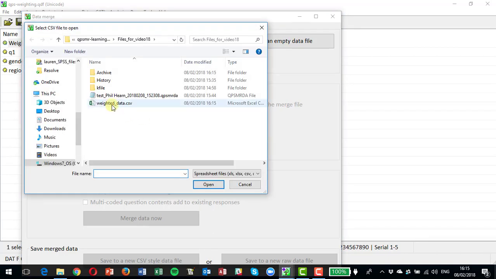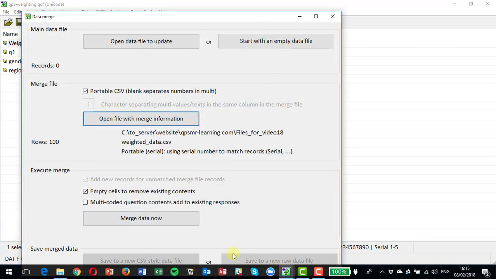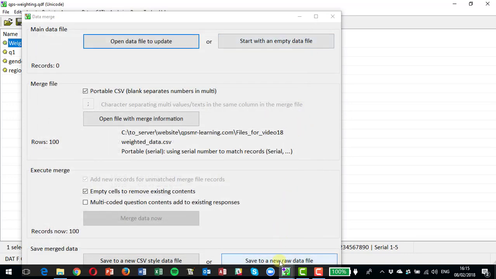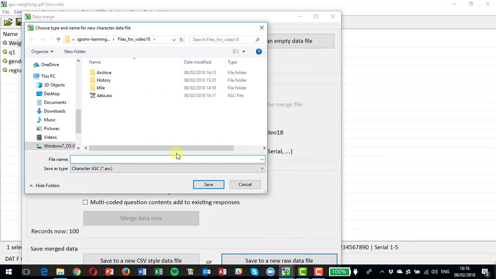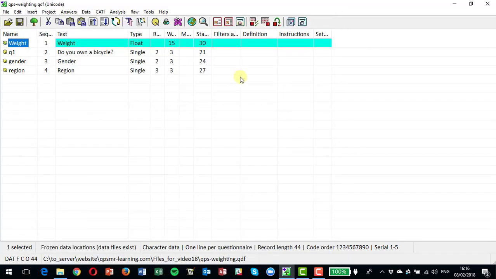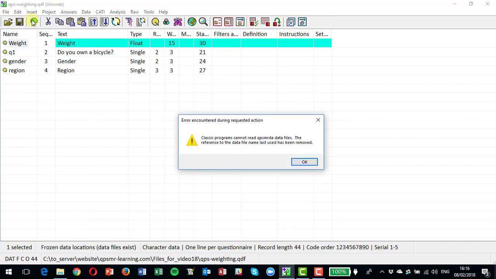I'm going to open it and merge the data and save to a new raw data file. Let's call this data again and replace what was there before. There's my 100 records, and now I can